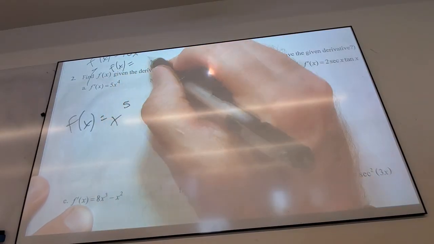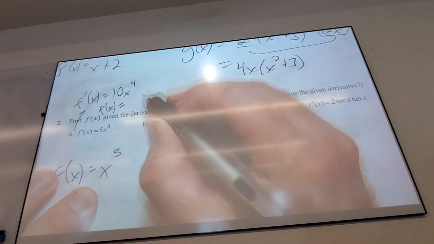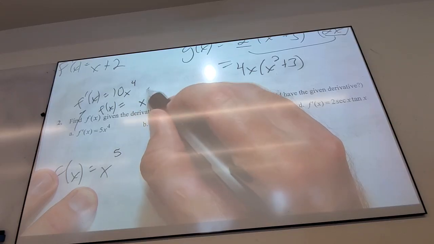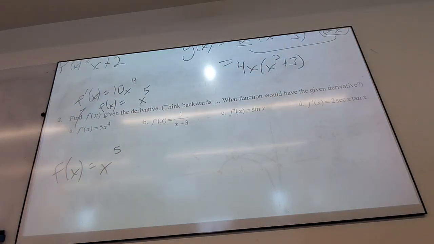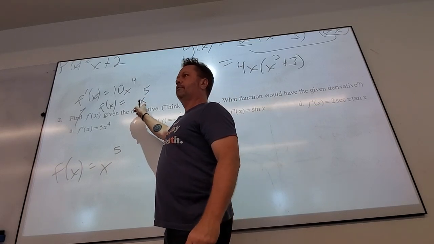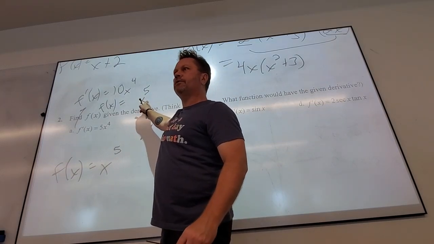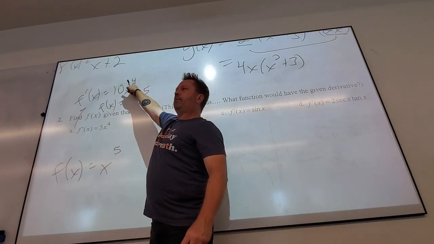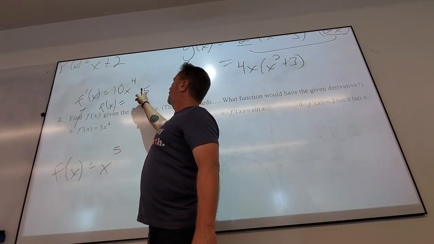Well, now you have a factor. So it will be 2x to the fifth. If I put x to the 5th, I know I'm wrong. Why do I know I'm wrong? Well, why do I know this has to be part of the answer? Because the only way to get to x to the 4th is for the 5 to come down and leave a 4 up top.